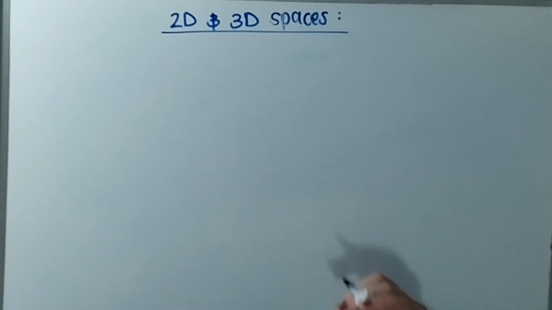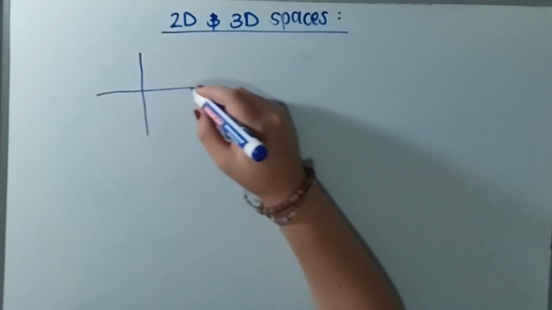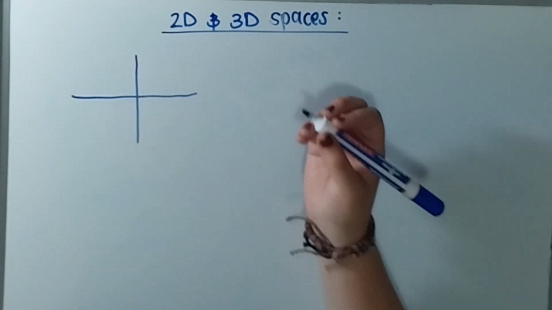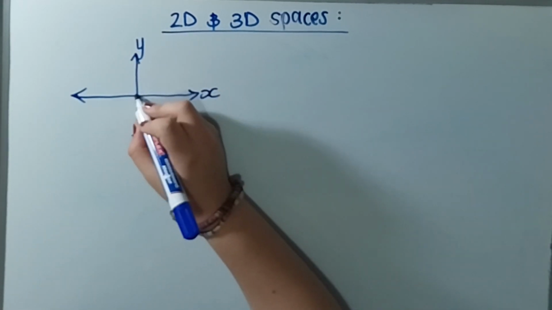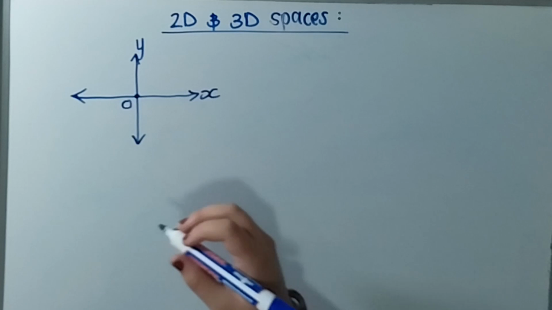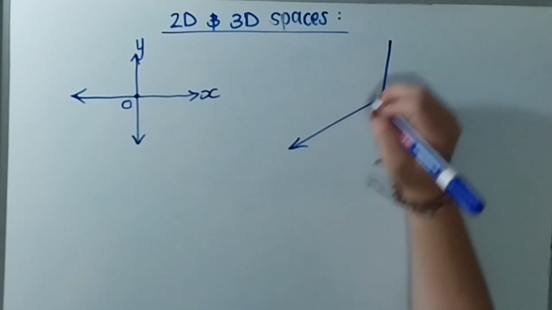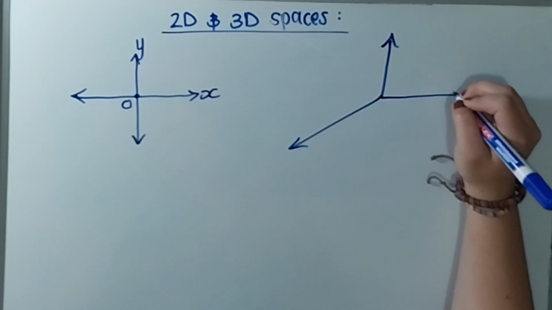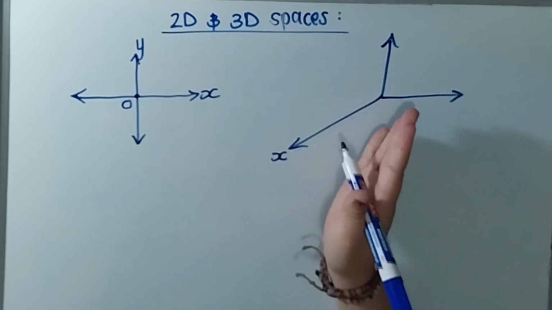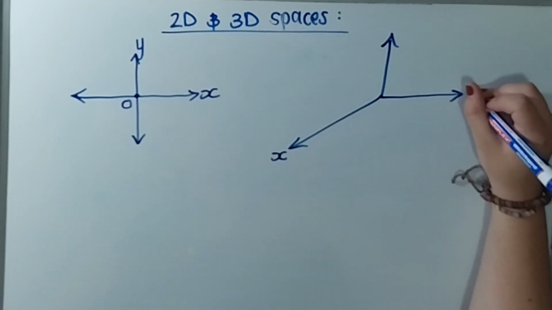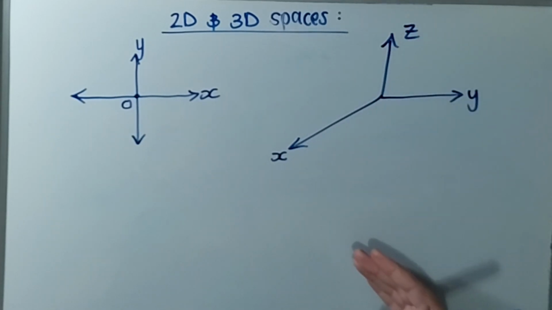Let's talk about 2D and 3D spaces. Now, in high school, you have already learned about the Cartesian plane that usually had x and y as its axes, with the origin here. But now, if we move into a 3D space, we add an extra axis, with x facing towards you, y facing to the left and right, and z facing upwards, indicating up or down,